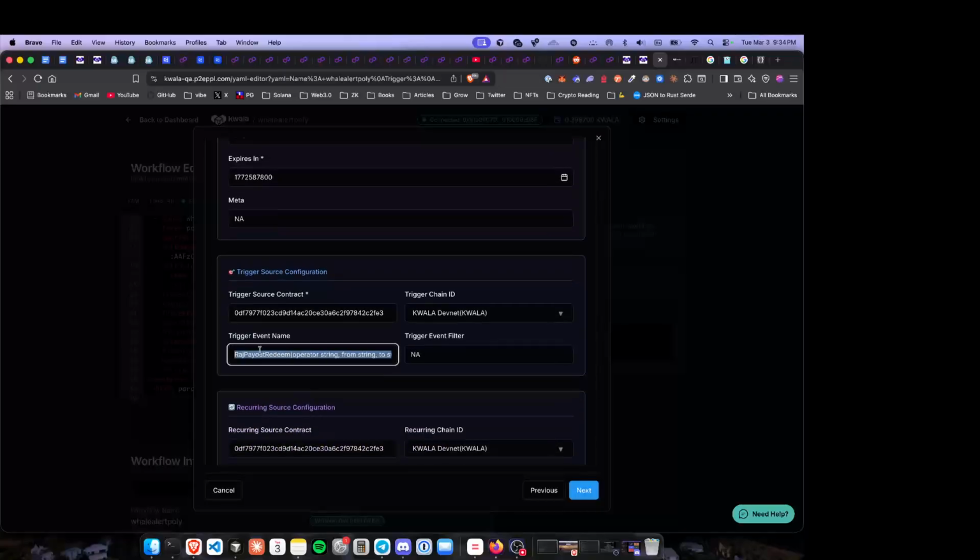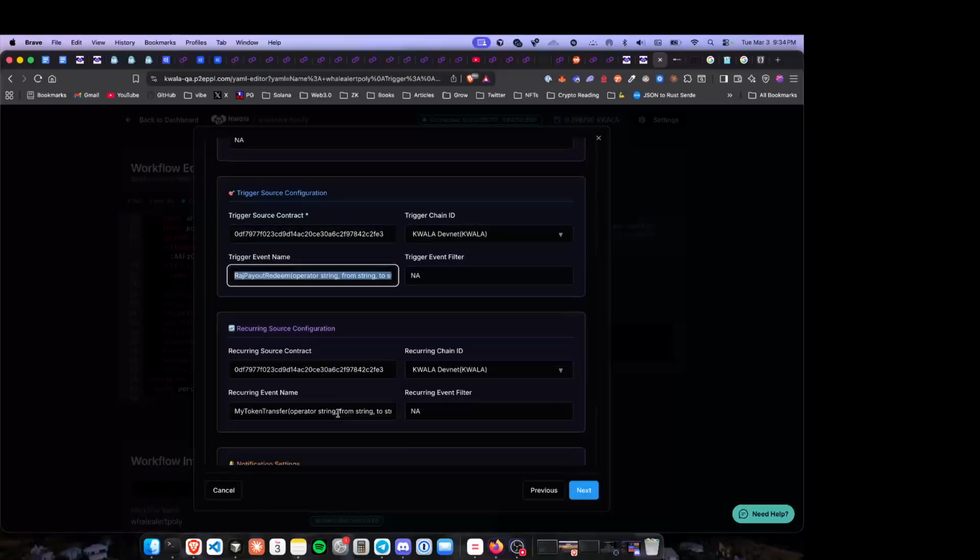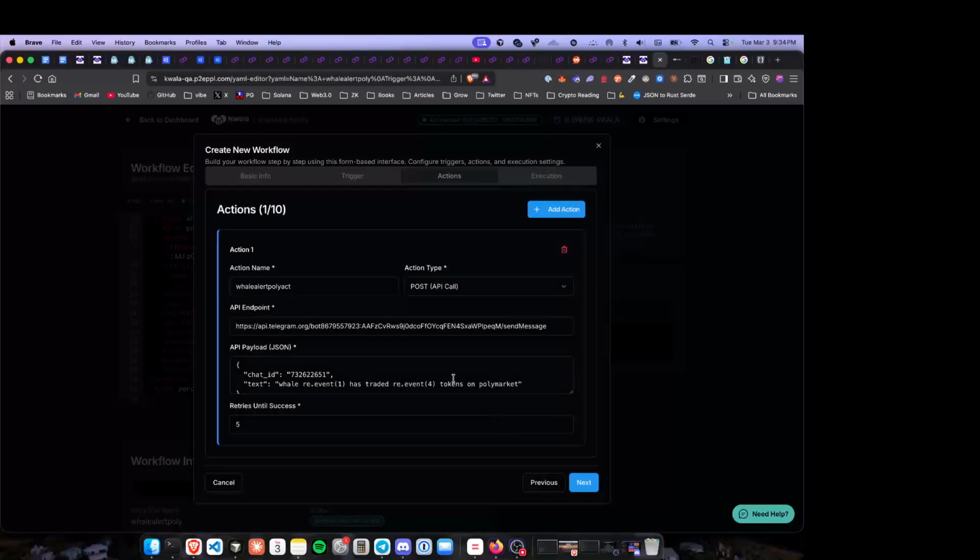So you'll basically pass that here, and you'll make it recurring as well. And then what you can do is you can get Telegram alerts. You can set up Telegram alerts by setting up a